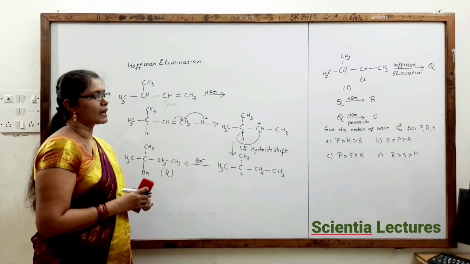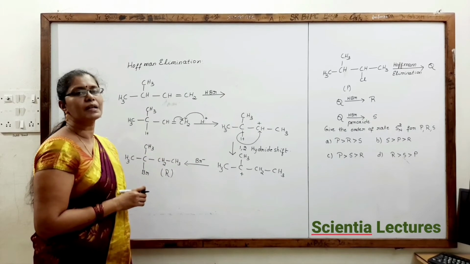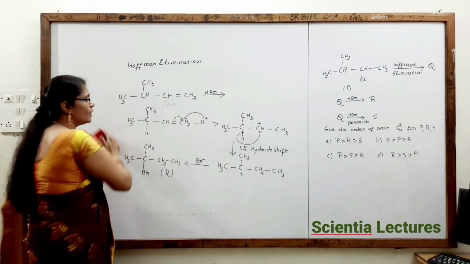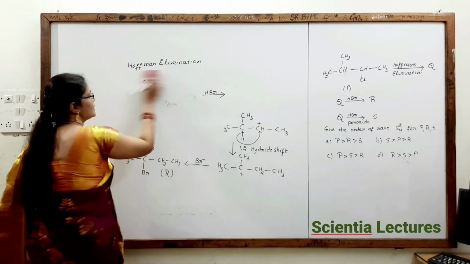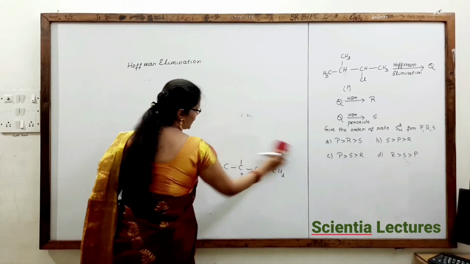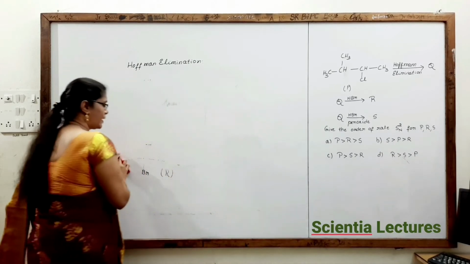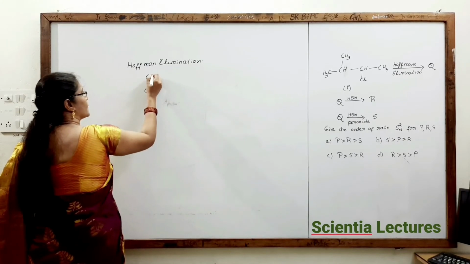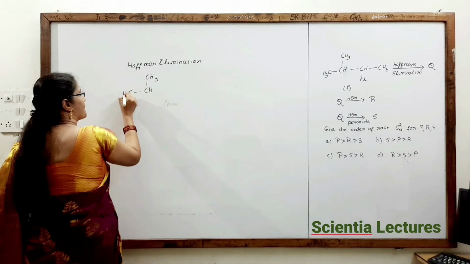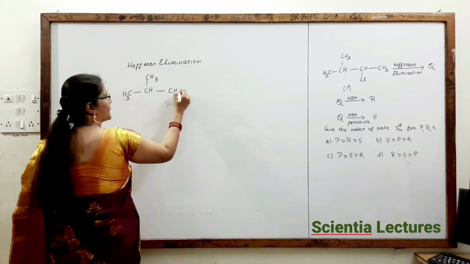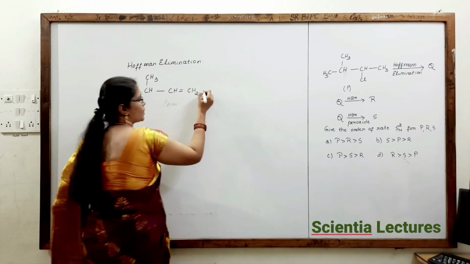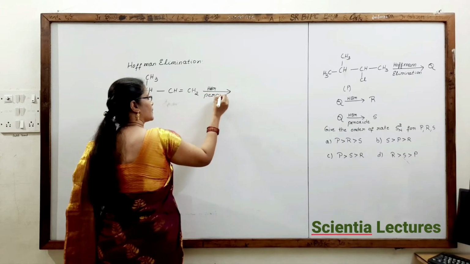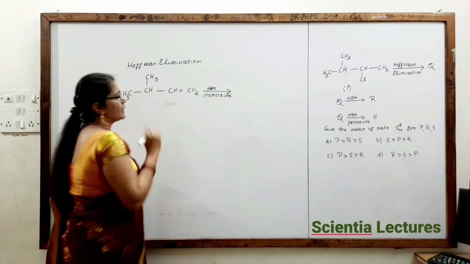So now we have seen what is R. Now let us see HBr in the presence of peroxide, what kind of mechanism occurs and what would be the product of S. So we have already got what is Q and what is R. Now let us see what is S and how it is produced. Now we have seen what is Q here. In the presence of HBr peroxide, let us see what would be the S produced.